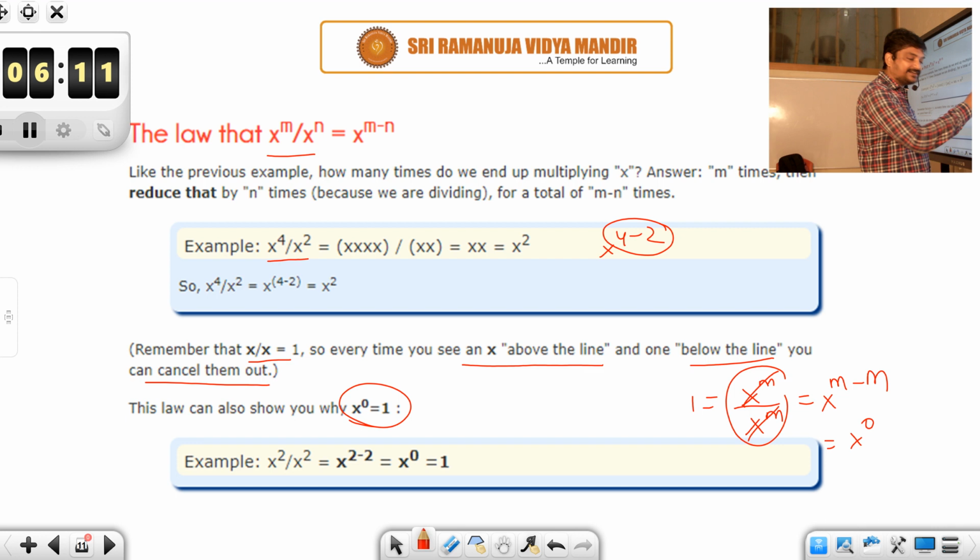And then the law that x power m whole power n is equal to x power mn. Let's learn this through an example. X cube whole power 4. What is x cube whole power 4? X cube means x into x into x. Whole power 4 means repeatedly you are multiplying the same thing 4 times. So in total, if you count these x's, you will be getting 12. So that is nothing but x power 12 in power notation. If you observe, that is simply the multiplication of 3 into 4.